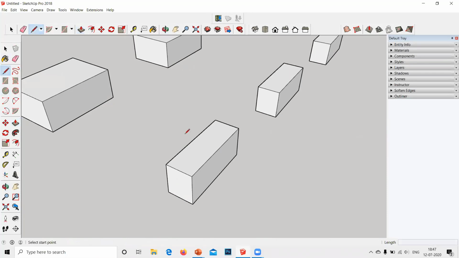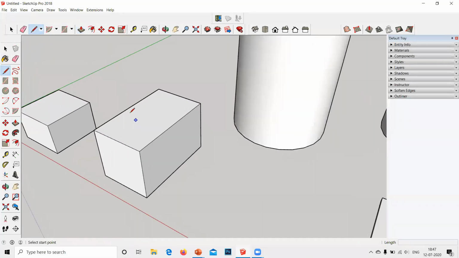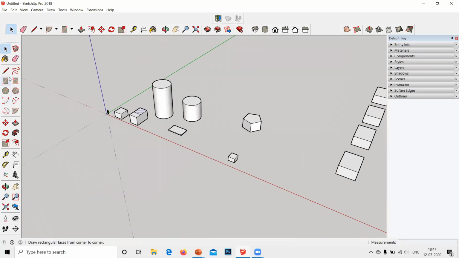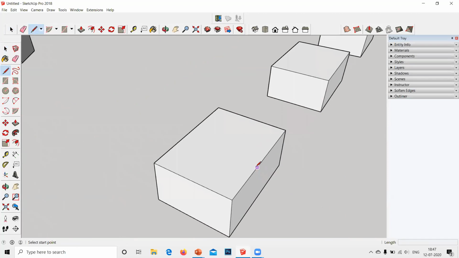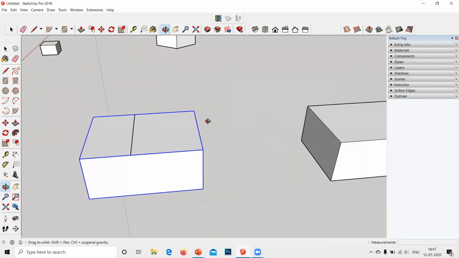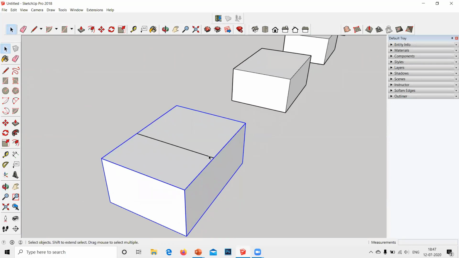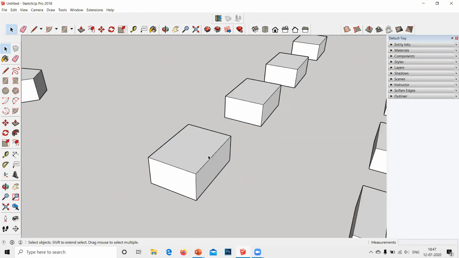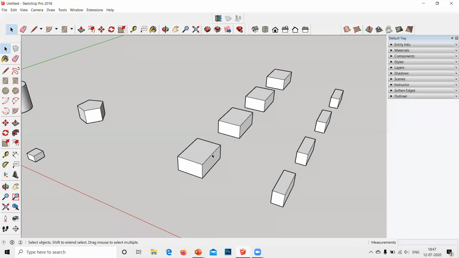Okay. So even if I suppose I make a partition on this cuboid because this cuboid is not a group. Okay. You can see there are 2 faces now. I created a partition with this line. There are 2 faces. But if I create a partition in this group, with this line, there's no change. It is not being affected by any operation. I'll just delete this line. So why is this? Because now you have created a group. It is restricting from any operation.